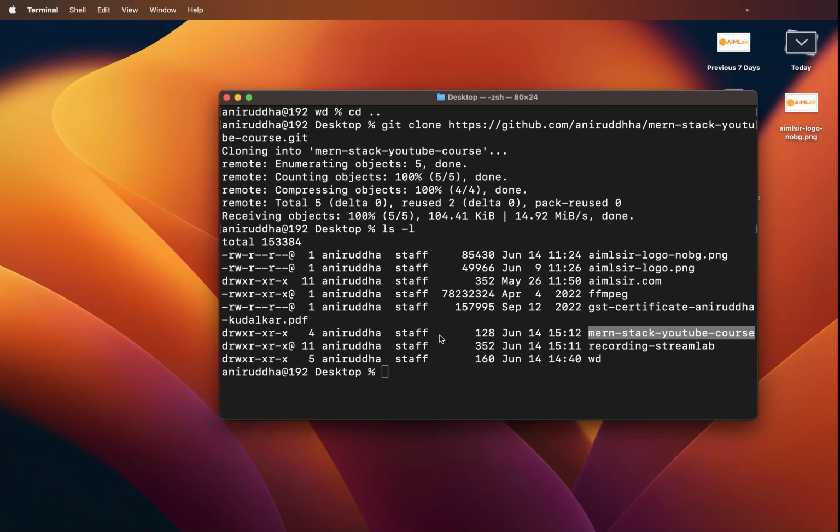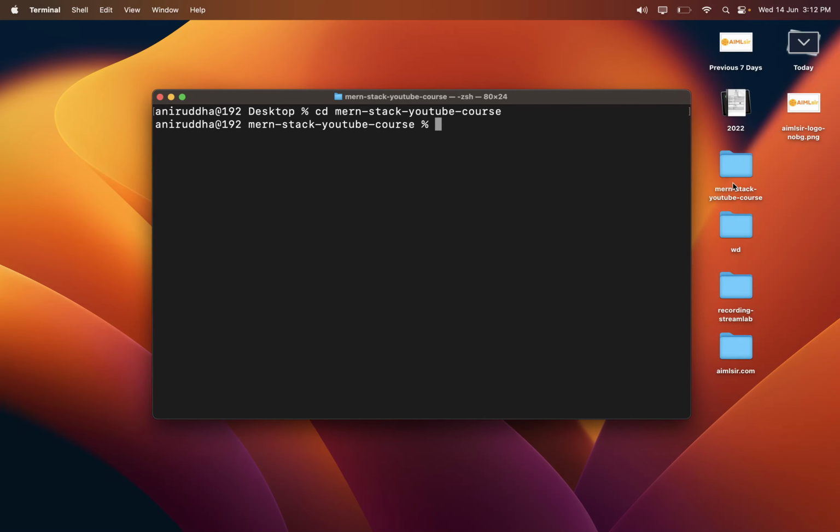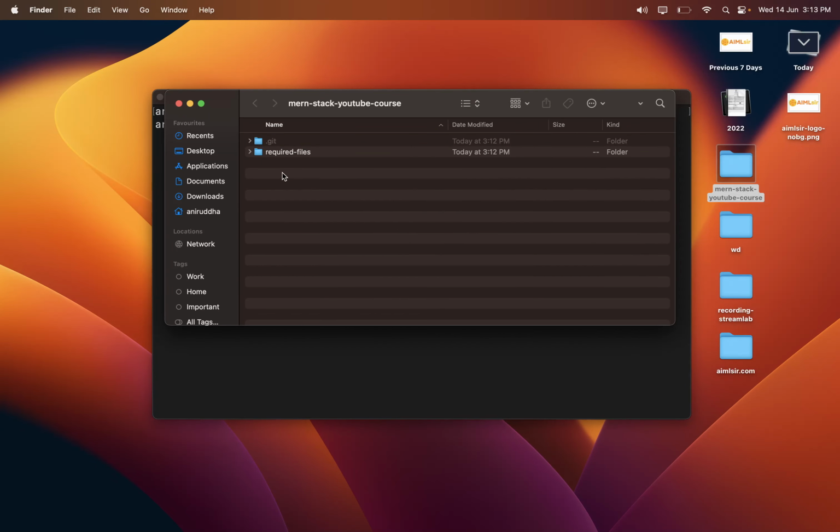The minute I said git clone, that particular directory has been downloaded from git. Here I can go into MERN stack YouTube course, and you can see the .git folder is